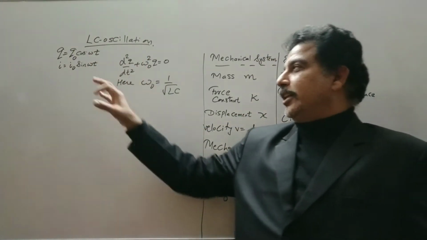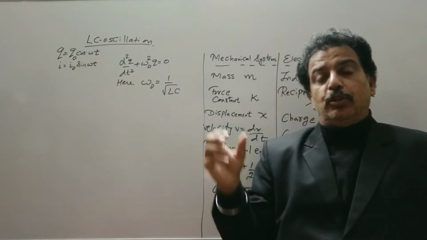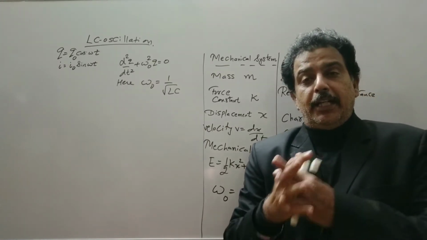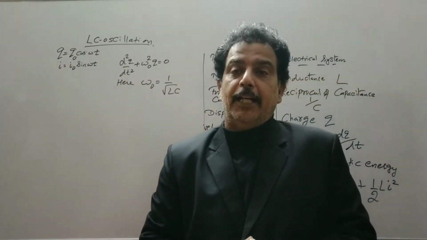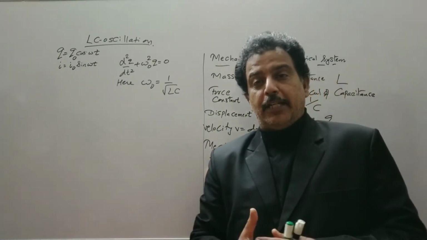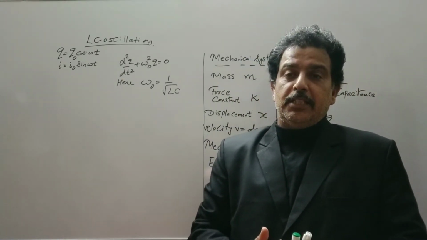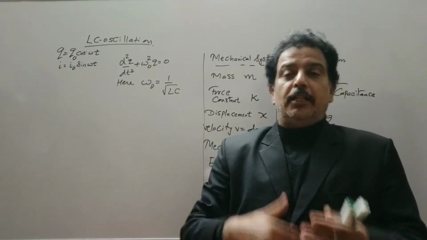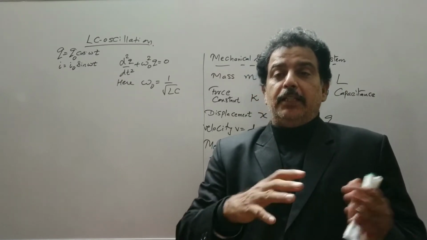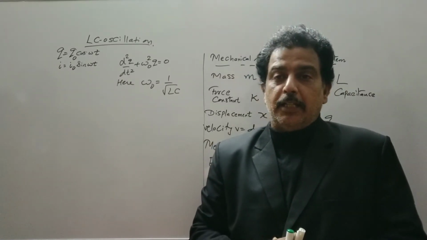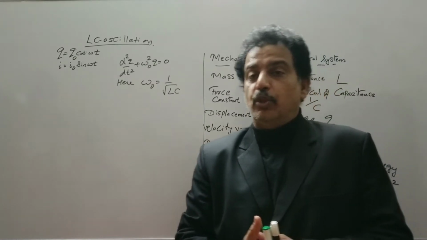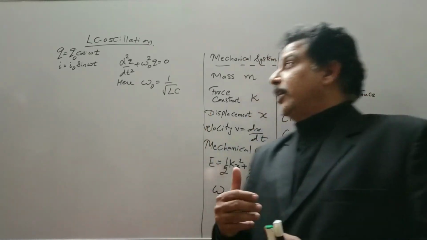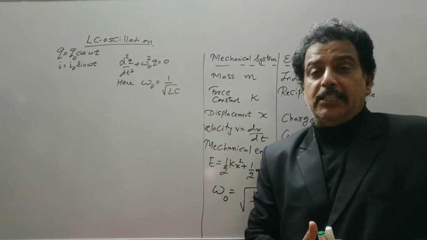Then the current in the circuit was I naught sine omega t, because when the inductor was connected to the capacitor and the circuit was closed, the electrical energy was converted into the magnetic energy. After half cycle the polarity of the capacitor changes, and now the inductor is fully charged and the capacitor is fully discharged. Now the current reverses in the circuit and the magnetic energy is converted into electrical energy. So vice versa, this oscillation keeps on. Electrical is converted into magnetic, magnetic is converted into electric, and so the circuit was known as an LC oscillation,